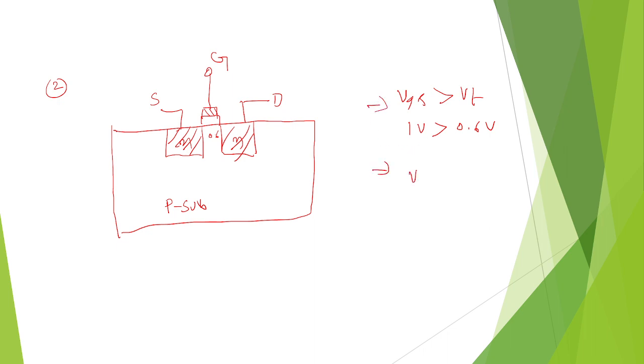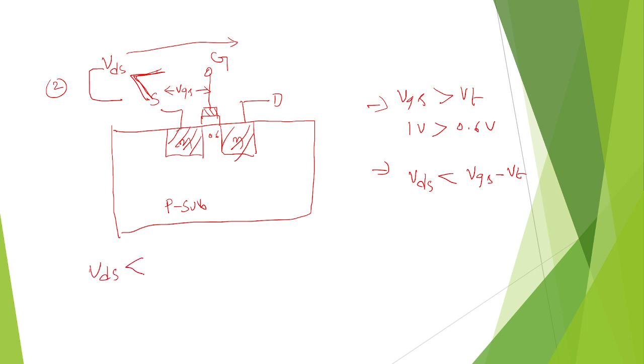And the second condition: VDS should be greater, but here it is less, just assume VGS. Of course, the threshold voltage needs to be removed because the net voltage is minus VT. So here you can see this VGS is from source to gate. As I said, this is VDS, the voltage between drain and source. But it is less. VGS is greater, but